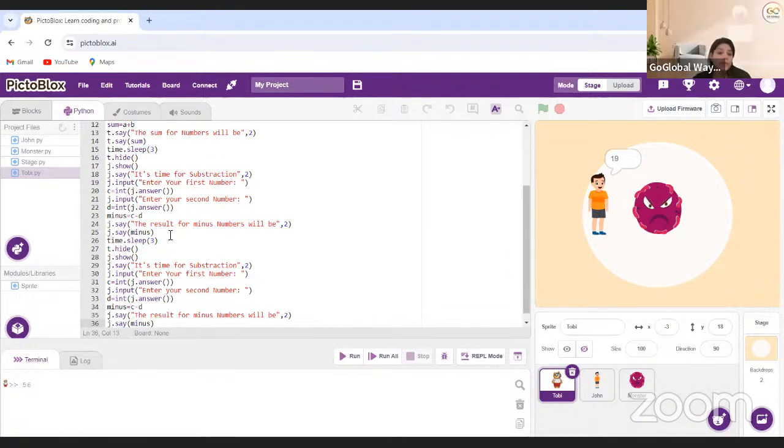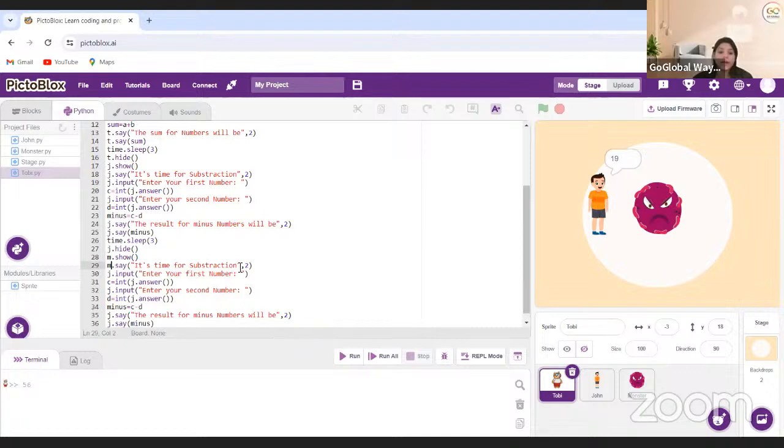So time.sleep for 3 seconds, t.hide, and j.hide, and m.show. Means John is going to hide and monster we are going to show, and everything now monster